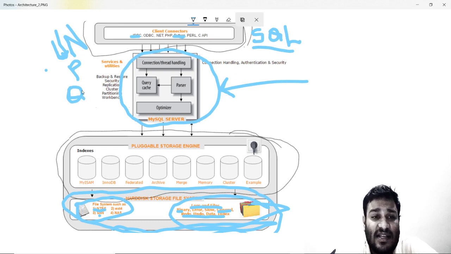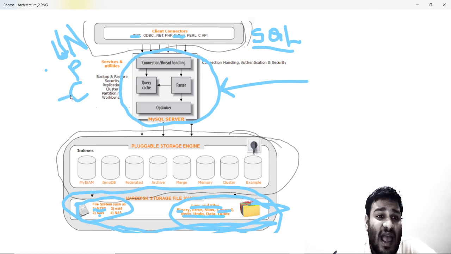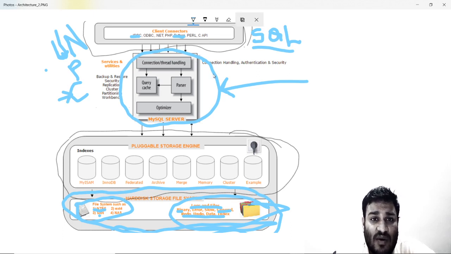We call it the connection string. I'm sorry, that is not the query string, that is the connection string. So I will just mark it as C, connection string. So we have the username, we have the password, we have the connection string. This connection string has the IP address of your server and the port on which this server is listening.